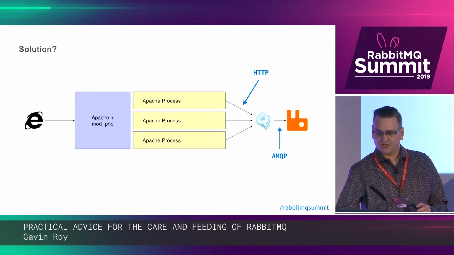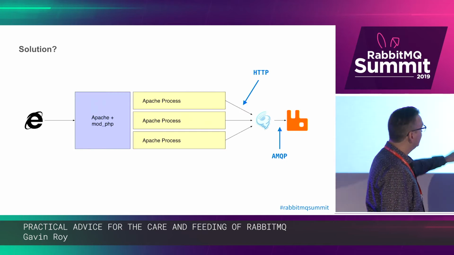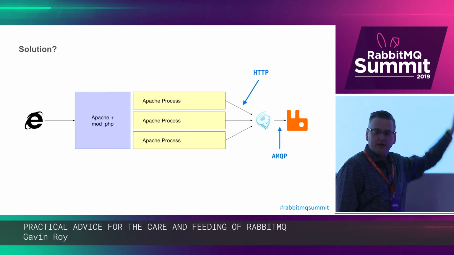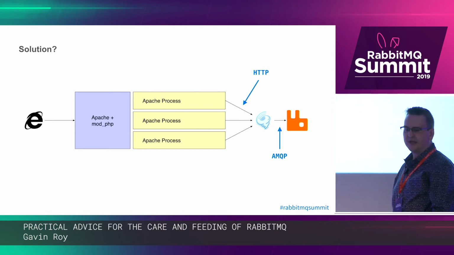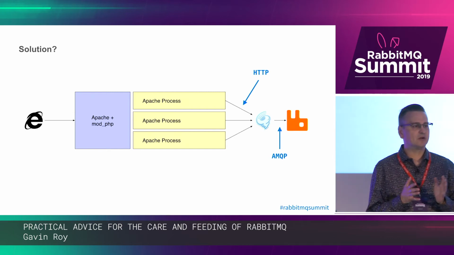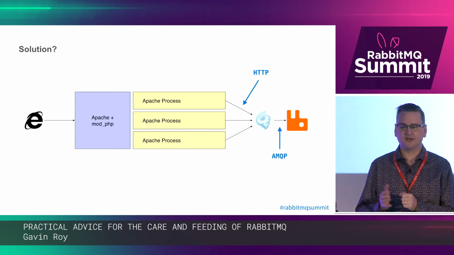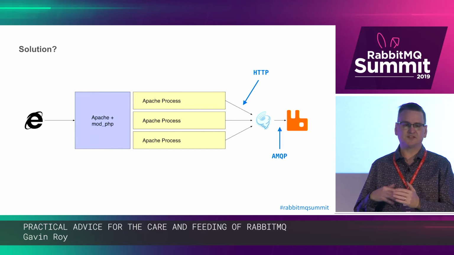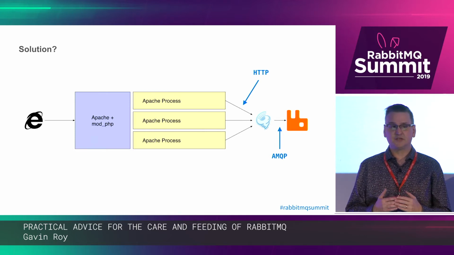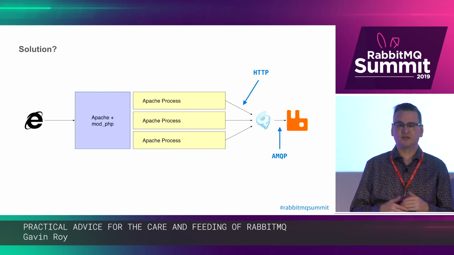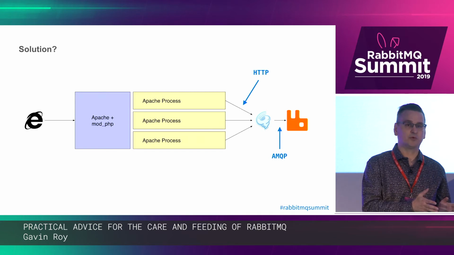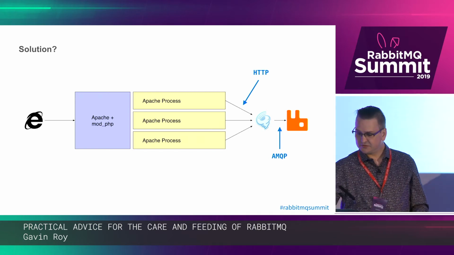So ultimately what we ended up doing was writing a middleware to sit between our Apache backends and RabbitMQ that was an HTTP service that had long-lived connections in Python to basically lower the load on the RabbitMQ cluster, to have long-lived connections and yet still process the large amount of publishing that we were doing.